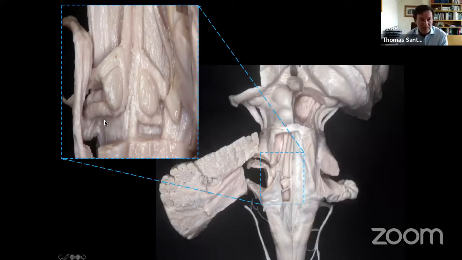So there's again this area. If we zoom in, we can see what we talked about. That's the actual nucleus of the 7th nerve. That's the proximal loop, distal loop, and that's the abducens nerve with its fibers going straight forward to come out on the anterior aspect of the